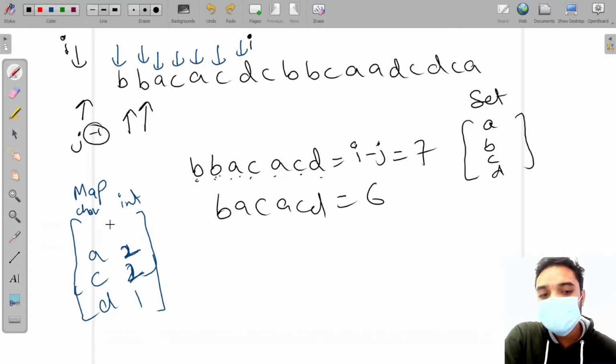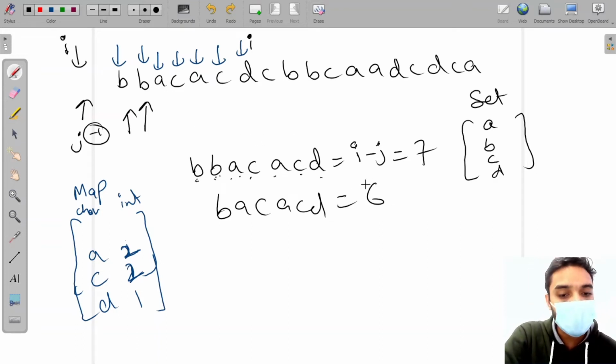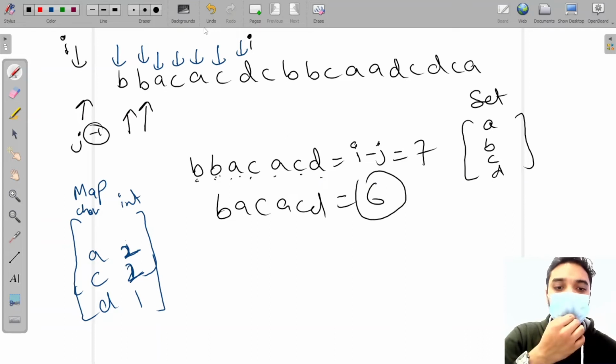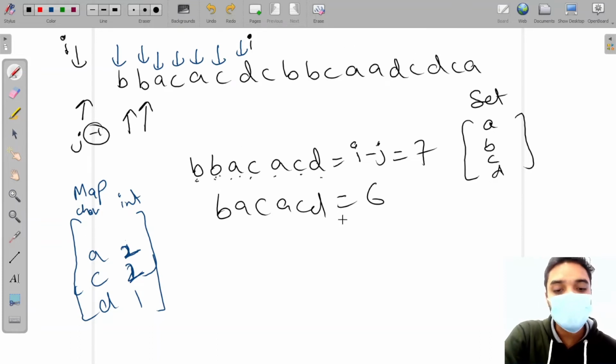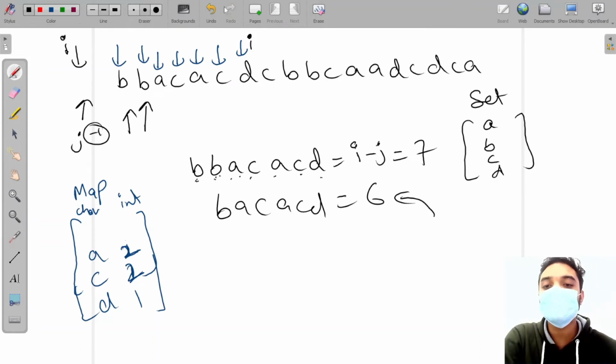When my map size is less than my set size, I have to repeat my including step and include it. I have already stored my previous answer, the smallest possible string so far, so I don't have to worry about it. I just have to find smaller answers if possible. Otherwise, at last I am going to return this answer. So let's iterate more and see what happens.